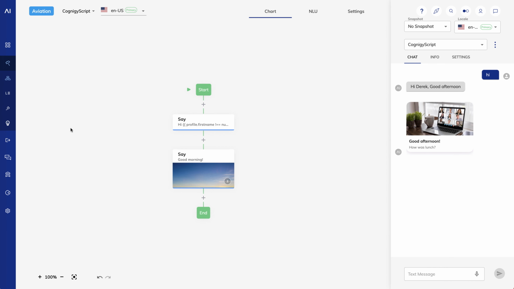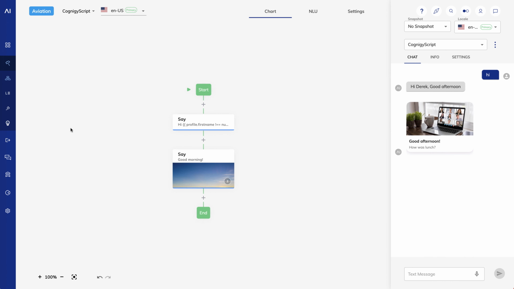A convenient way to do this on a small scale is with tokens. Tokens are small snippets of Cognigy Script that can be made available in a user-friendly way to non-technical flow developers. We've actually been using tokens throughout the course. Things like last question result or first slot match are built-in tokens, and you can create your own. Let's do that. We can take our greeting as an example.